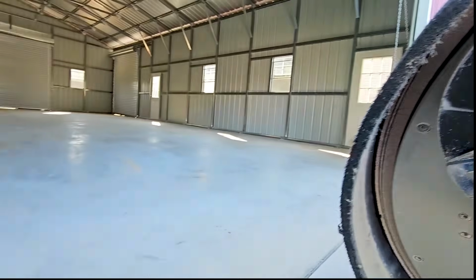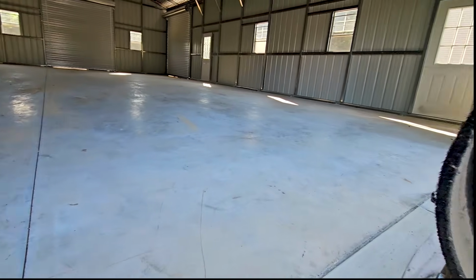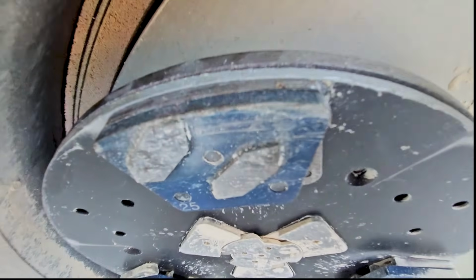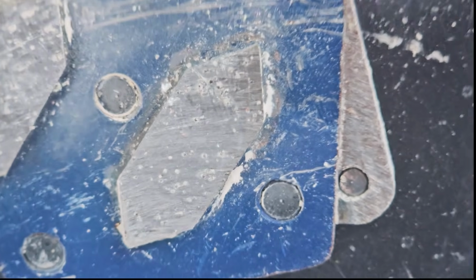Basically, concrete's ranked from 0 to 10 on the Mohs test. I'll show you how we do that in a second. And depending on how hard the concrete is, we'll change these diamonds as necessary. As you grind down, the bond that holds the diamonds together gets revealed, and the diamonds reveal themselves, and